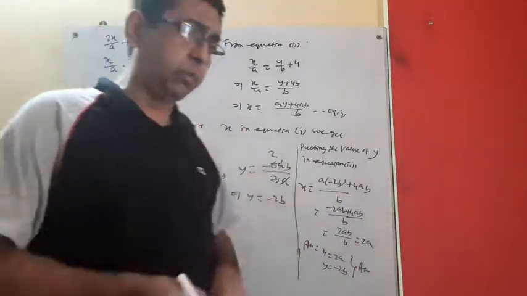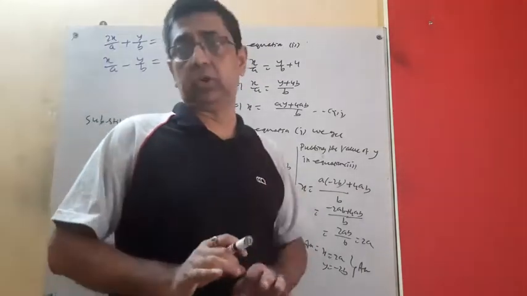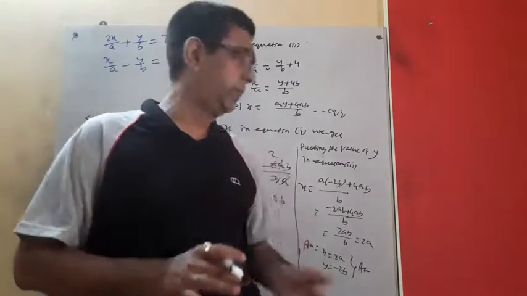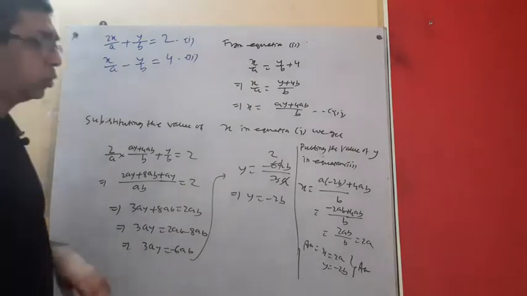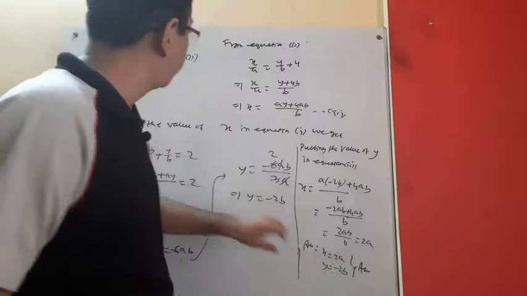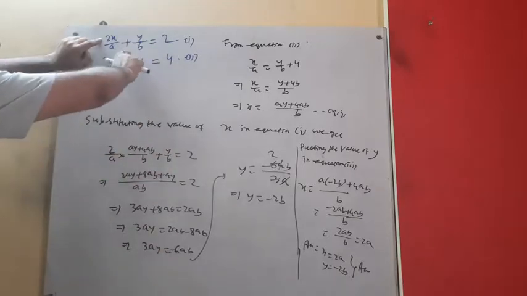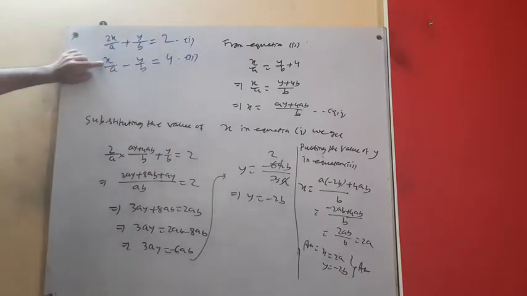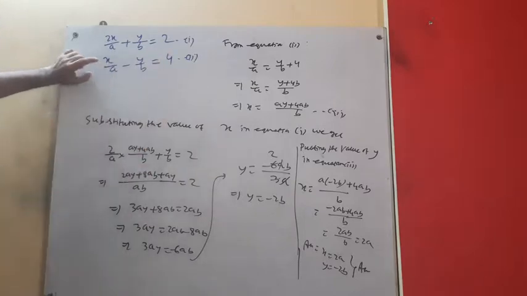And in all the videos I have told you to please check the calculation. Maybe some calculation error, but it is okay, 100% okay, because I have tested. How do you come to know whether it is right or wrong? Put the value x equal to 2a and y equal to minus 2b here. Look, 2a, 4a by a, that is 4, and minus 2b by b, minus 2. 4 minus 2 is 2. Here also you put x equal to 2a by a, that is 2, minus 2b by b, minus, so 2 plus 2 is 4, so it is 100% right.